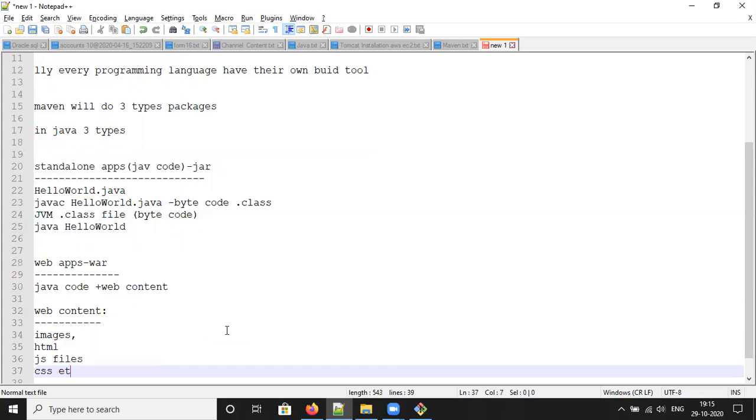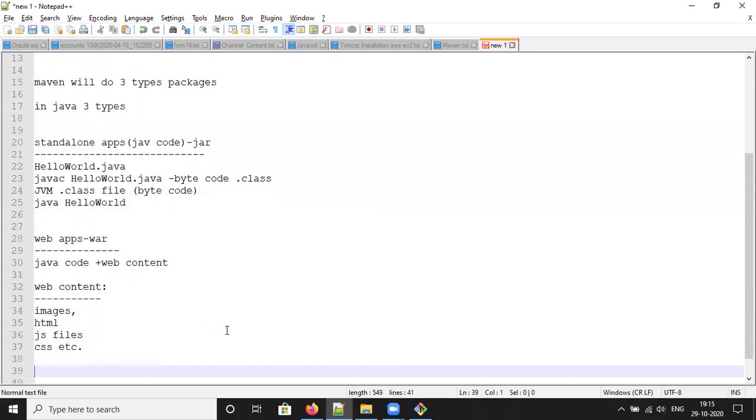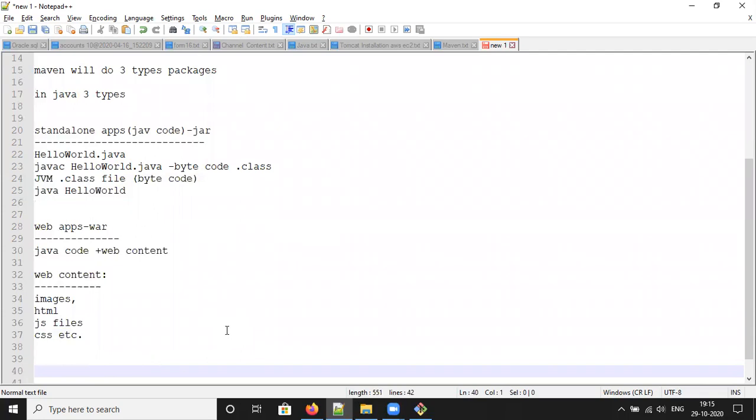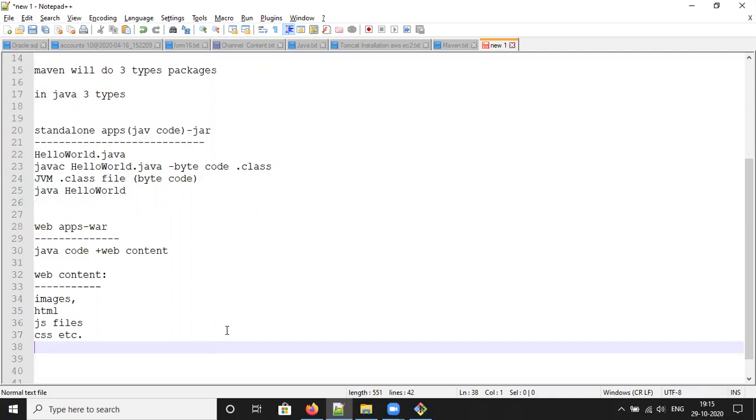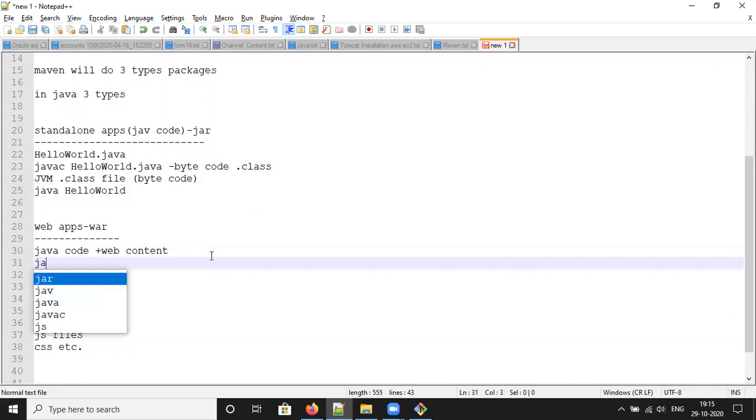All this we can serve as static content. So the web application contains the jar plus the war file, that means Java code along with the Web Archive file.